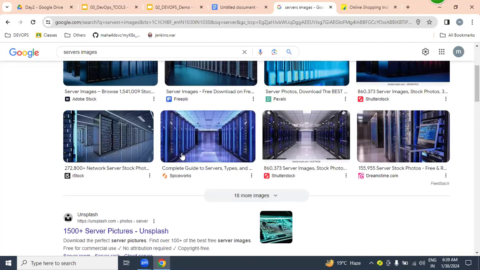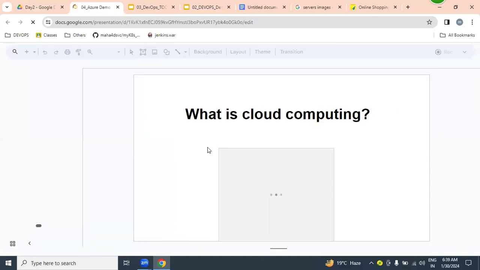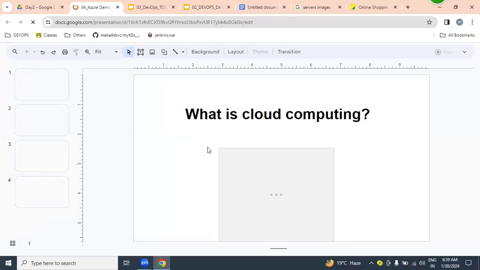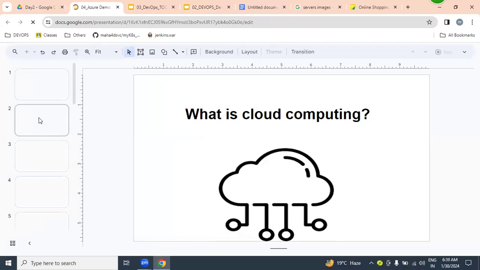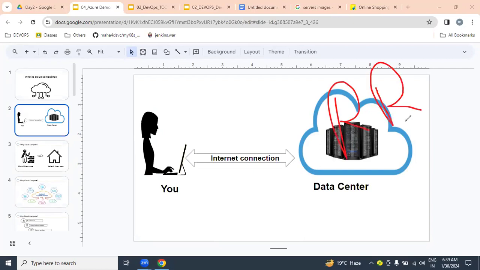So from these data centers, if we can access resources like servers and network storage, we call as what? Cloud computing. Tell me one more time, what exactly is cloud computing? These data centers are located remotely.